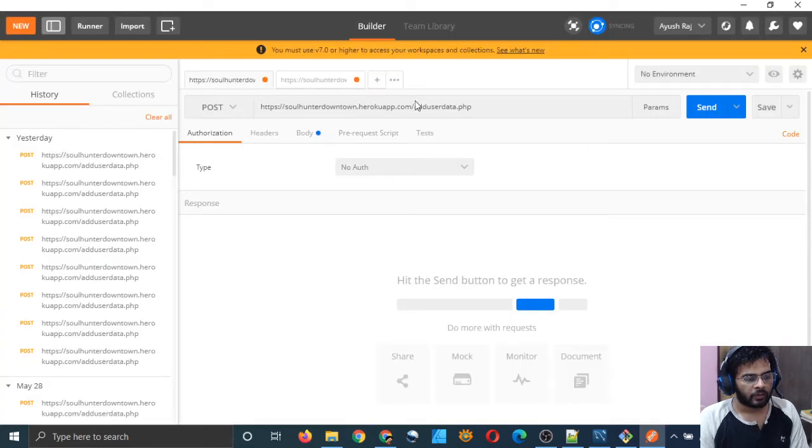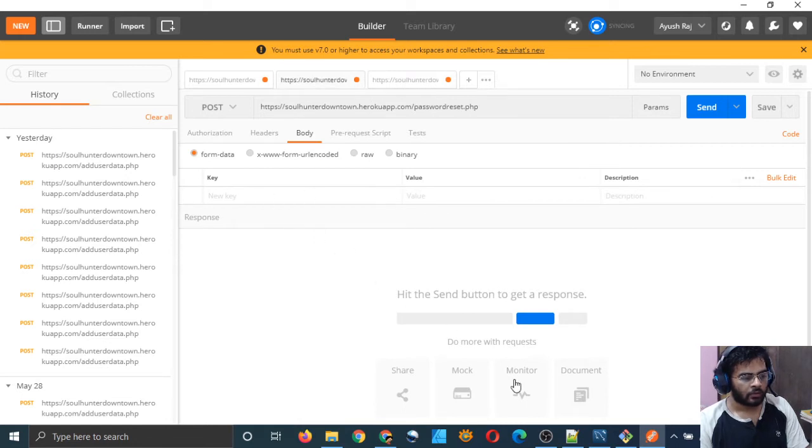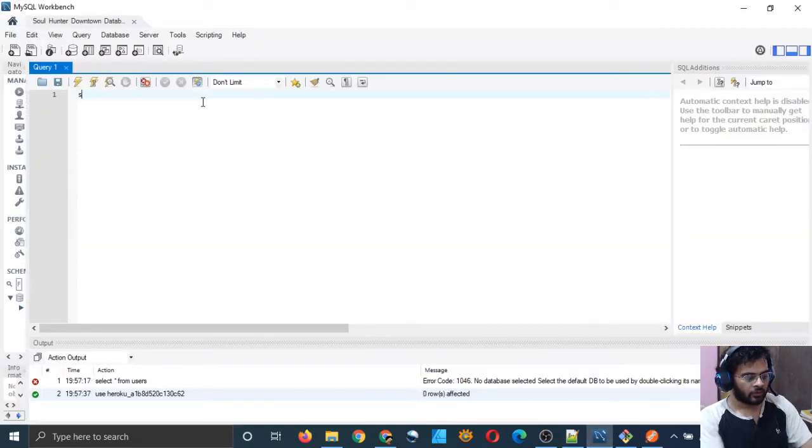So we have an add user data request. In this one I will type the name of the script which we want to test, and that is password reset.php and login.php. I will put the login.php in a new tab, and I will type login.php, password reset, add user data. So that's good. And it will be a POST request here, and the body. Now let me first see how many records I have already.